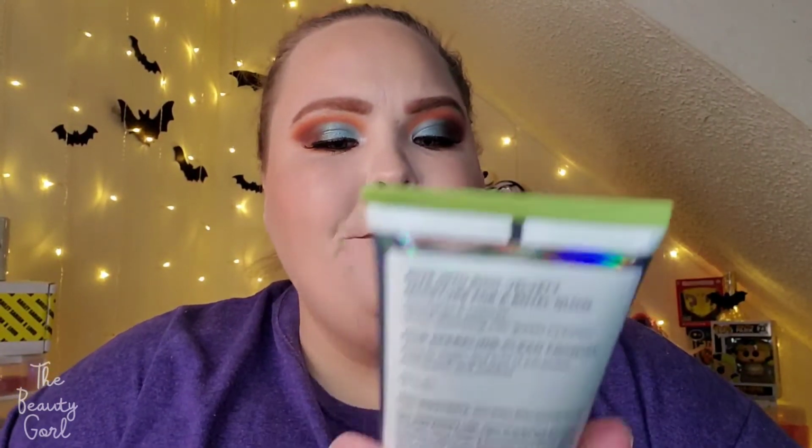Now, for this month, if I can open the bag, I got the velvety body cream in citrus spritz, and I got another pack of wipes. And the best thing about Refreshments is that you can interchange what products you want. They currently have the three that I just showed you. They have a pearly body wash, which is actually what I picked out for February, so I'll get that in this month's